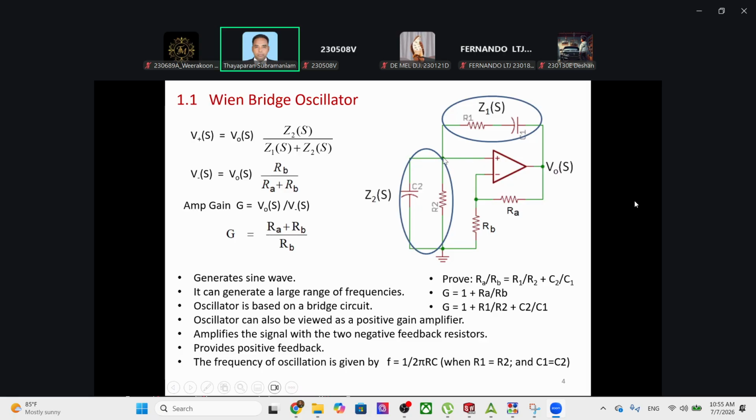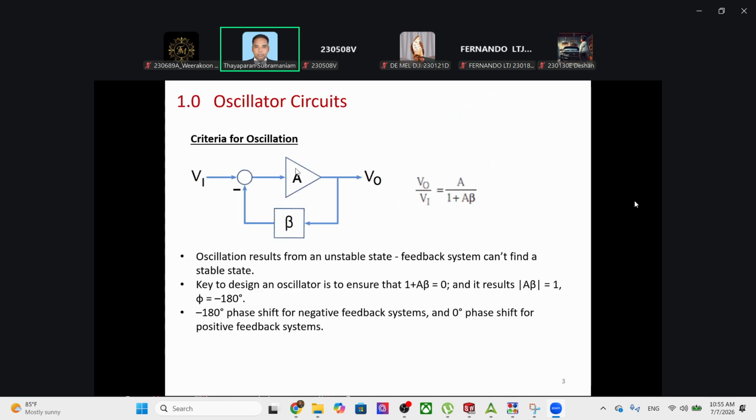But beta may introduce phase shift because beta is complex. This is real, this may introduce complex, but in a feedback system it can happen anywhere. Sometimes the forward path can be complex, beta becomes a simple number, a real fraction, but A can introduce some